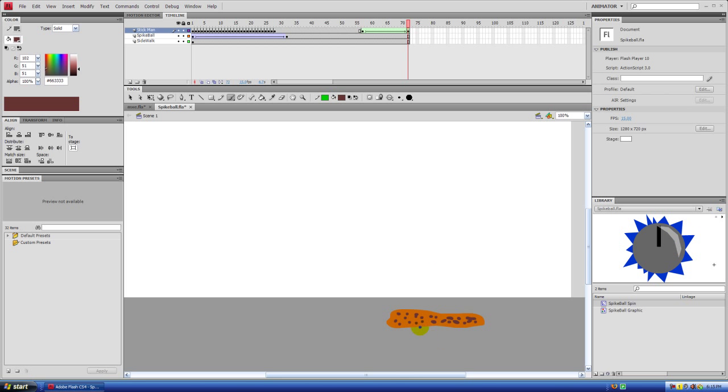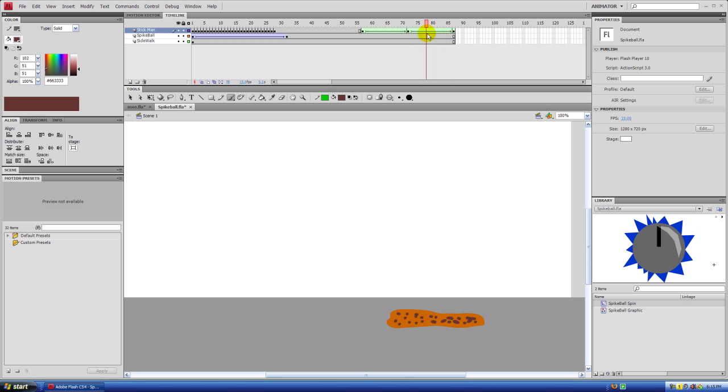And now we want to make it look like grass is growing out of that. We could kind of make a grass layer and have it slowly move up behind the dirt. But we're going to use this same morphing technique, so we'll just extend it out with F5, 1, 2, 3, 4, 5, 6, 7, 8, 9, 10, 11, 12, 13, 14, 15, create a keyframe, F6. And as you can see here,